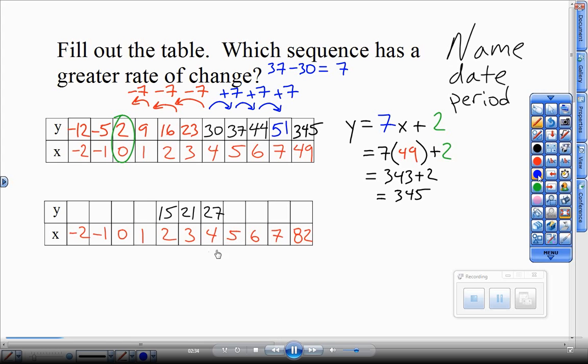Problem on the bottom. Again, 15 to 21. If you take 21 minus 15, you'll get how much that's going up by. That's going up by 6. So again, up by 6, plus by 6, up by 6, all the way up by 6, adding 6, adding 6. Already I could see this has a rate of change of 6. The one on top has a rate of change of 7. I already could see this has a greater rate of change. But again, to fill in this bottom table, adding 6 to the right, subtracting 6 to the left,